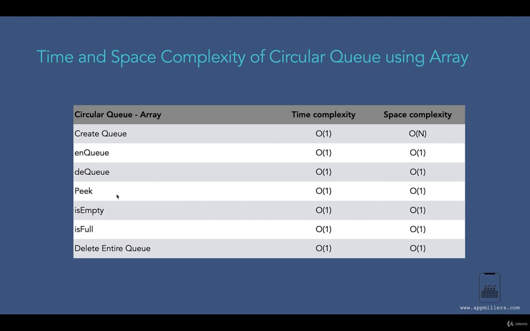Now the next method is the pick method. In case of circular queue, the pick method returns the first element from the queue without deleting and without touching that element. Accessing an element in the array takes O(1) time complexity. So if we access the first element in the queue, this will take O(1) time complexity. Similarly, the space complexity is also O(1), because an additional memory is not required to perform this operation.